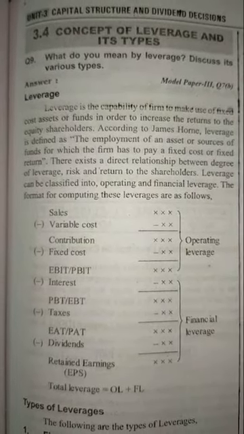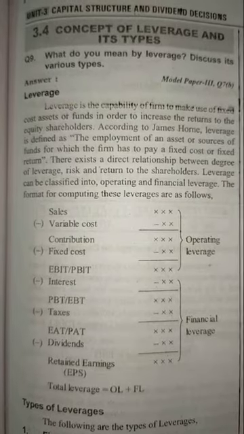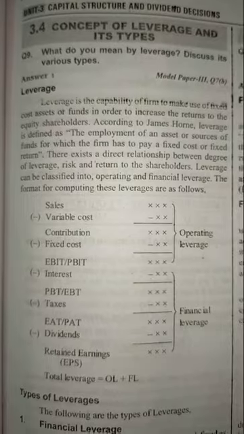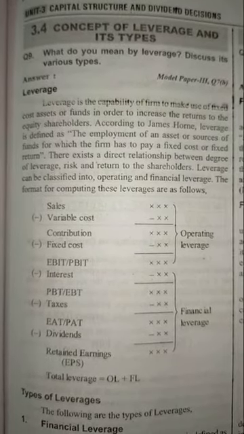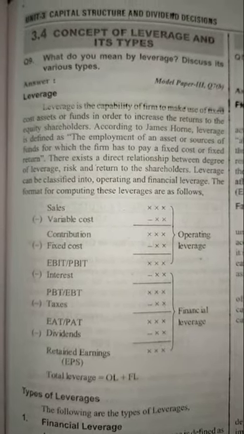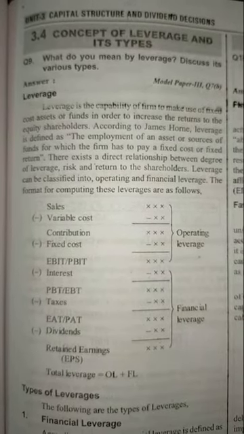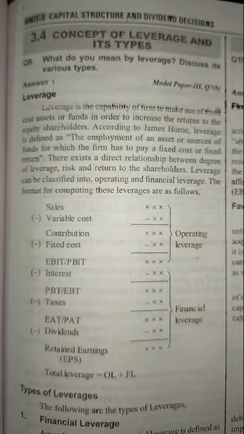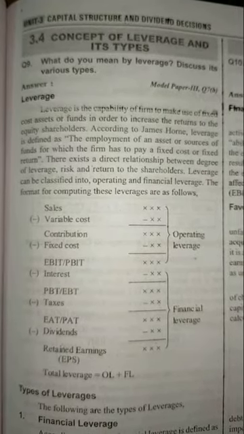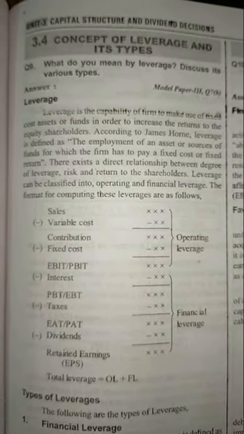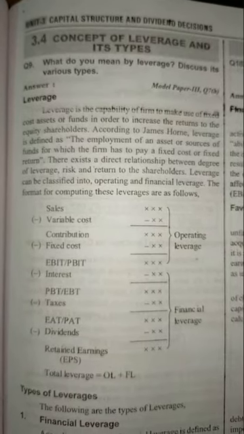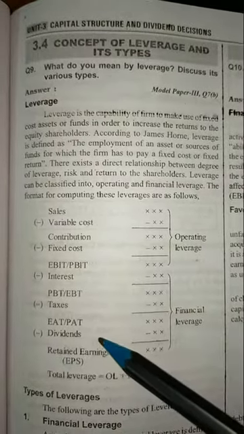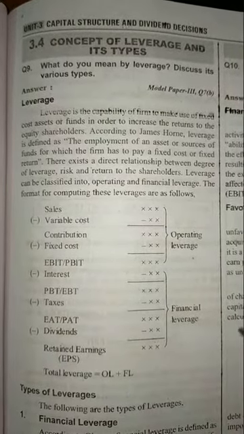The topic we are going to discuss today is leverages. To understand leverages, we should know how many types of leverages we have. We have three types: operating leverage, financial leverage, and composite or combined leverage. I will be discussing how to solve them in the upcoming problem, and we should also have a brief idea about how to find leverage with this particular table.